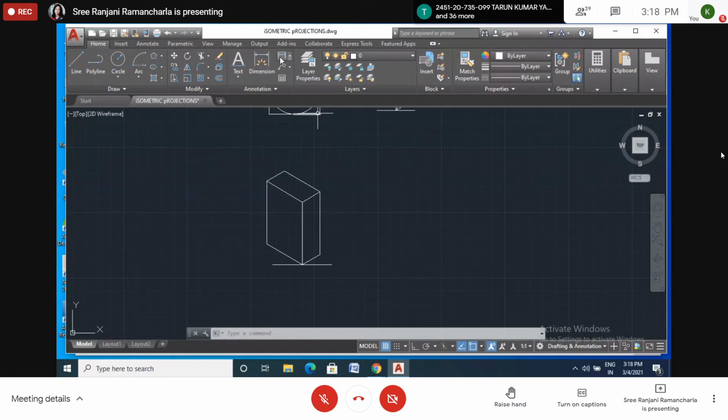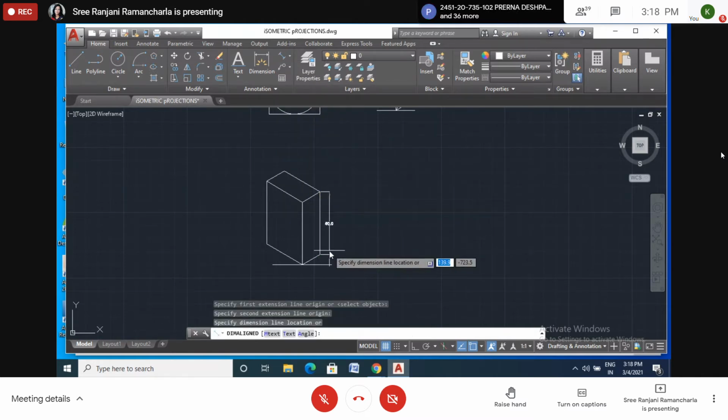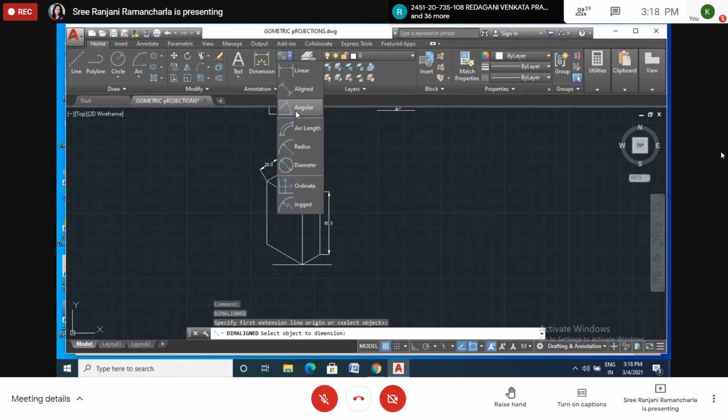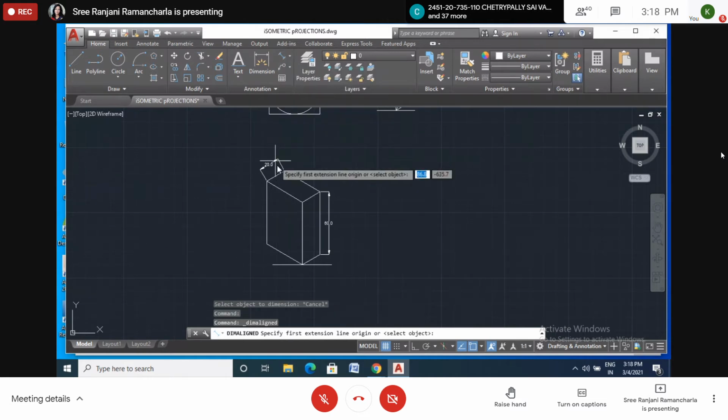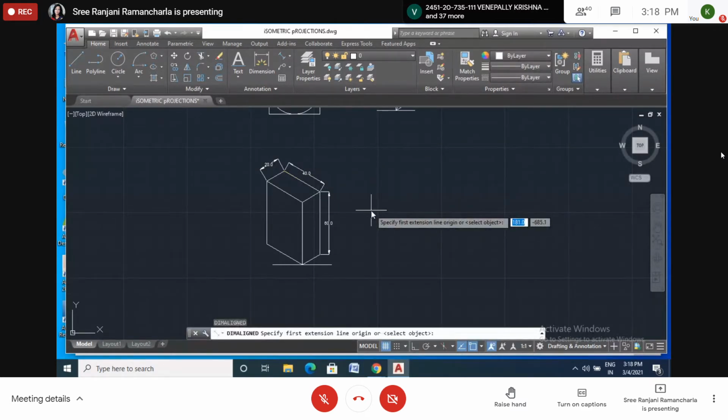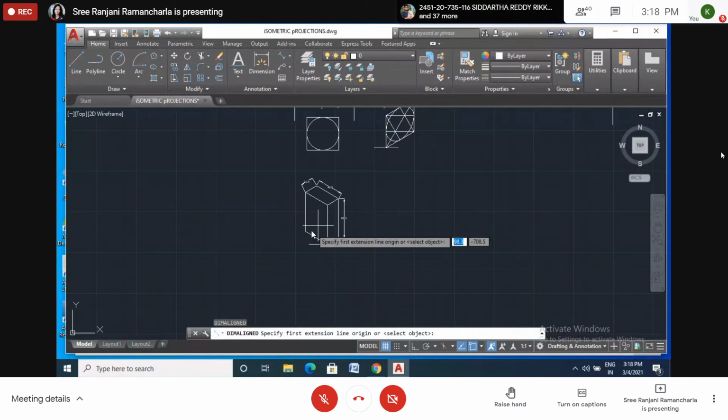If you want, you can show the dimensions also. Linear, I will show the linear dimensions aligned, here. Like this. Now this is the isometric projection of a solid of 20 by 40 by 60.